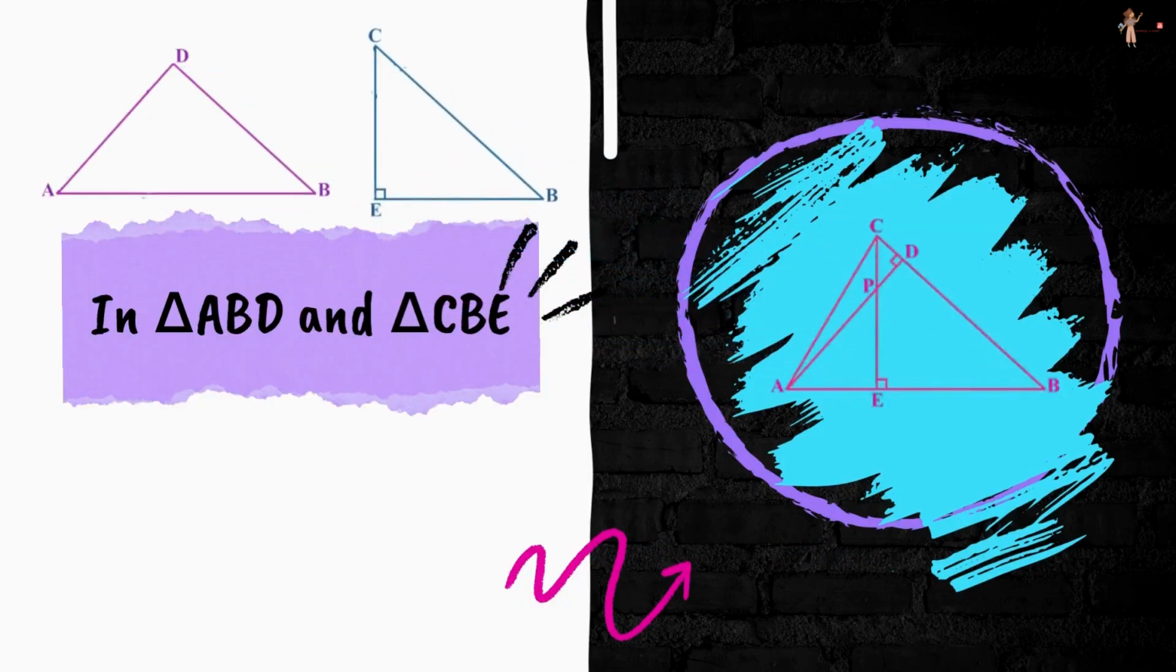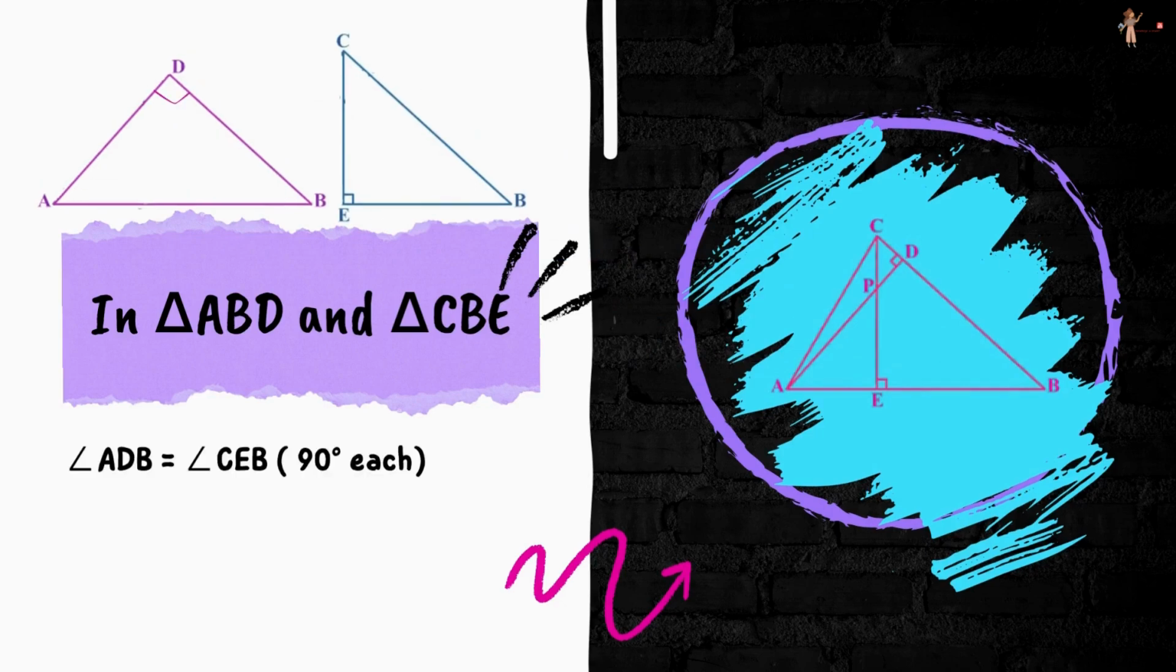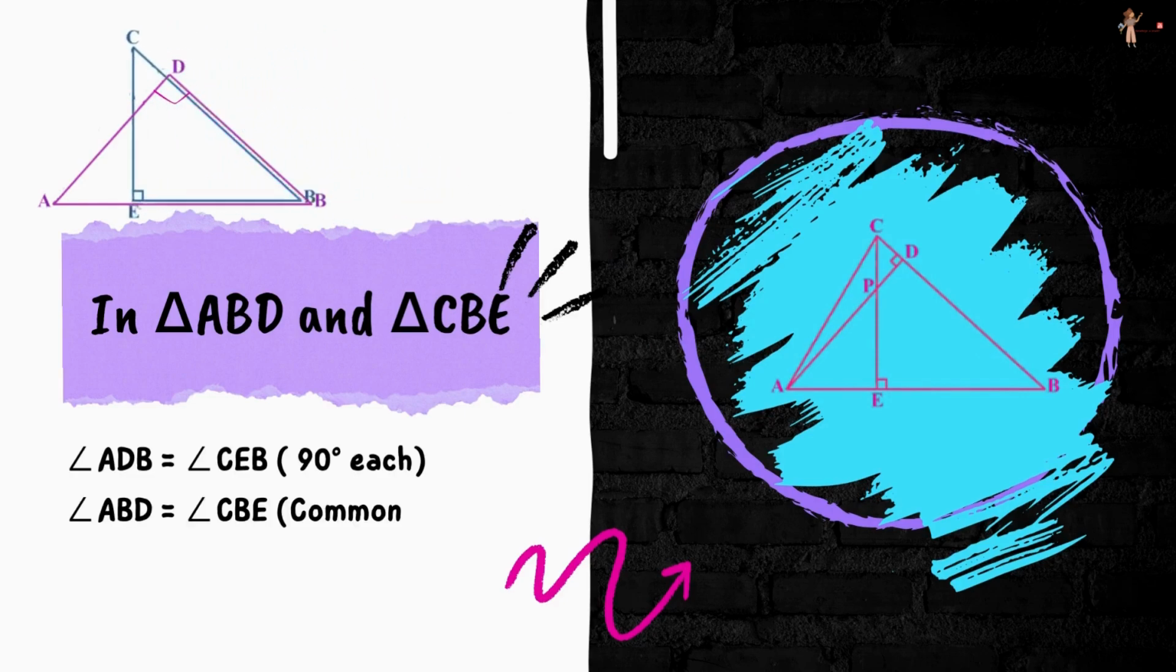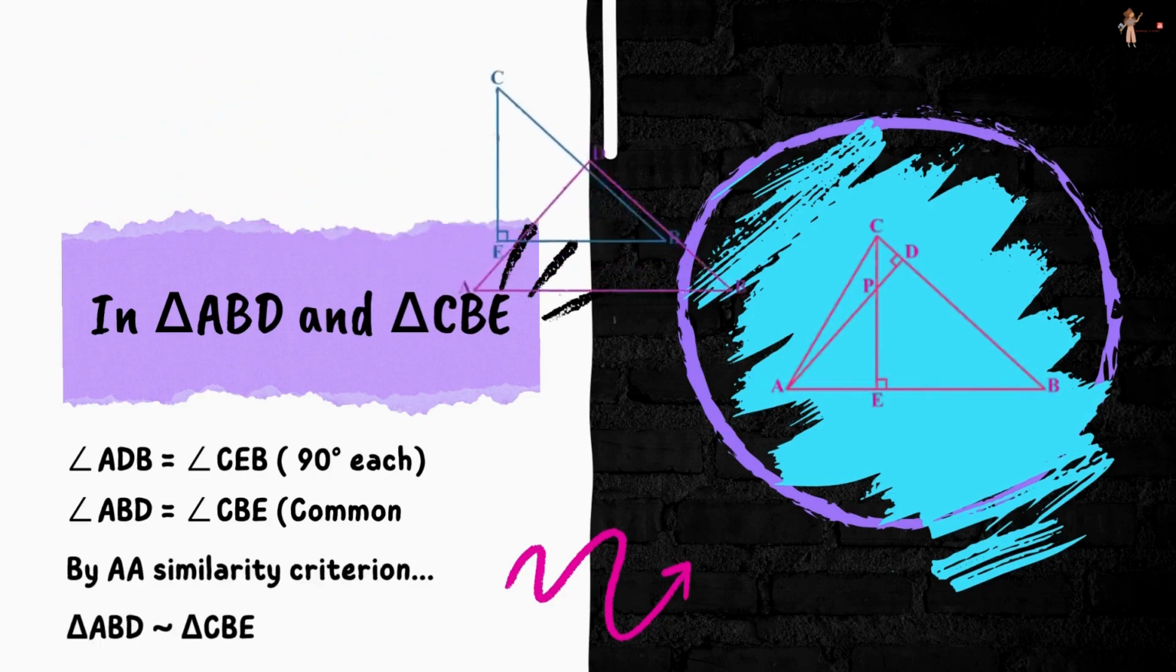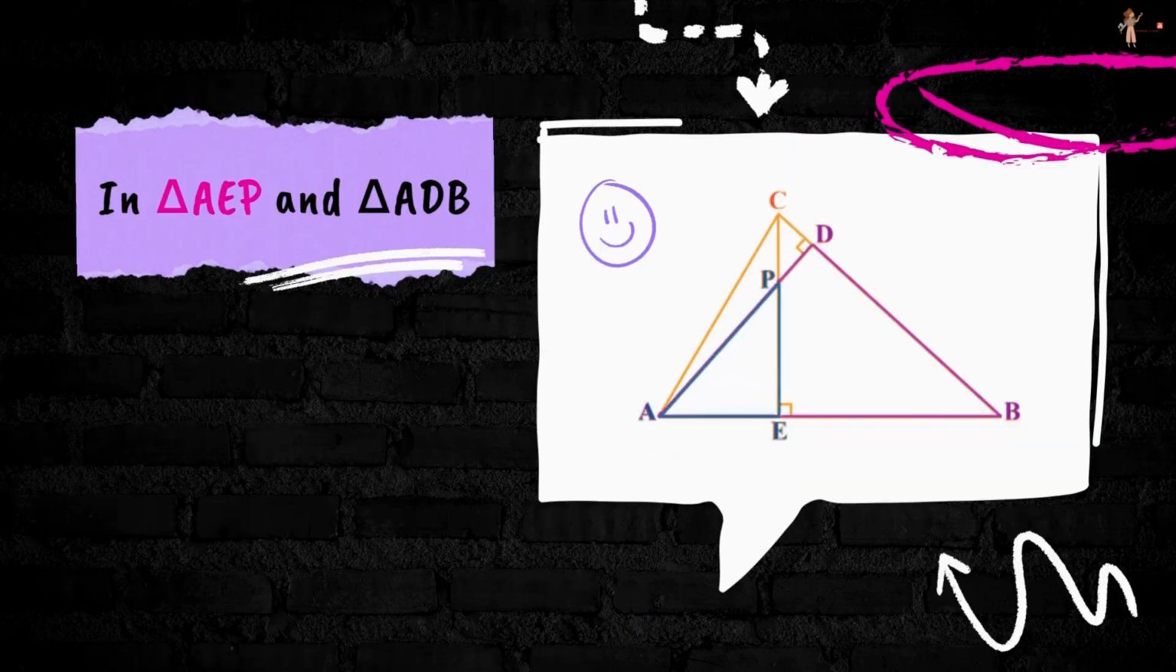In triangle ABD and triangle CBE, angle ADB is equal to angle CEB because both are 90 degrees. Angle ABD is equal to angle CBE because these are common angles. Hence, by AA similarity criteria again, triangle ABD is similar to triangle CBE. Next part is in triangle AEP and triangle ADB,